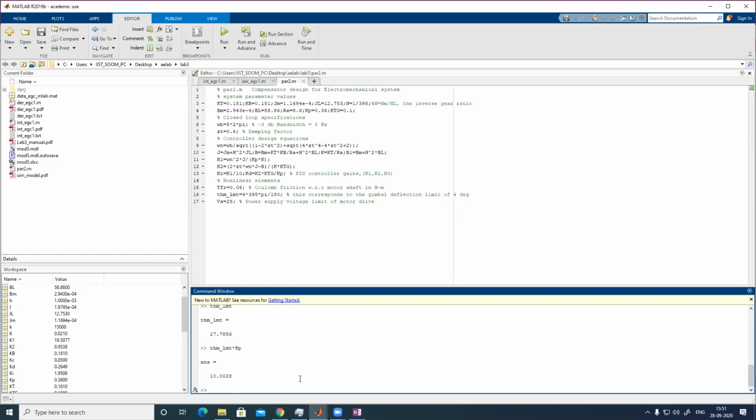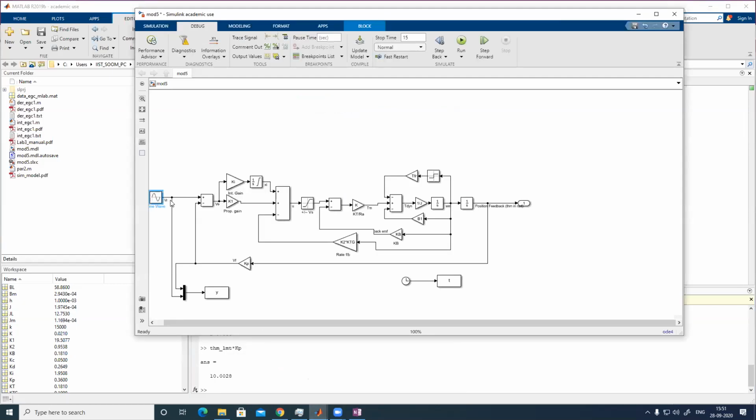That is 10 volt. So 100% command amplitude is 10 volt. 10% means 1. So earlier you have taken that input as theta limit. That KP is in forward path. Now the KP is in feedback path, so these two values are being compared. Earlier we had theta reference and the theta we are measuring.